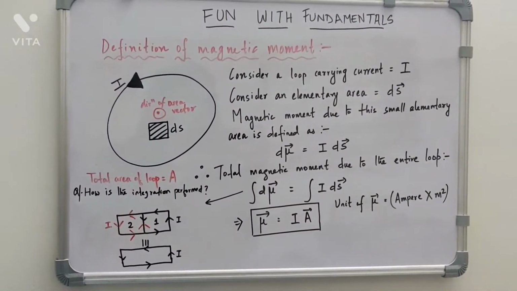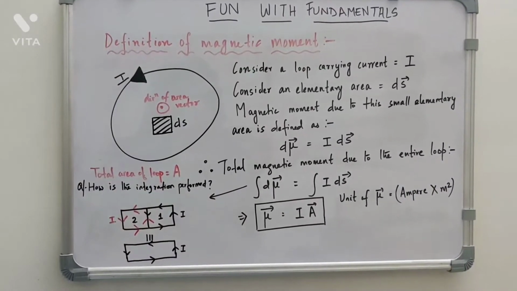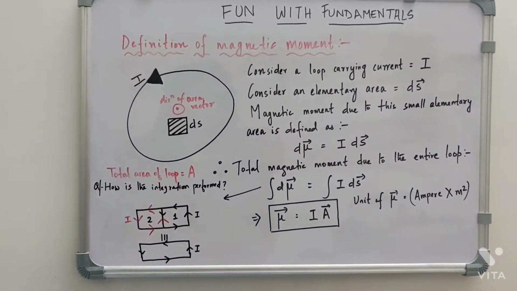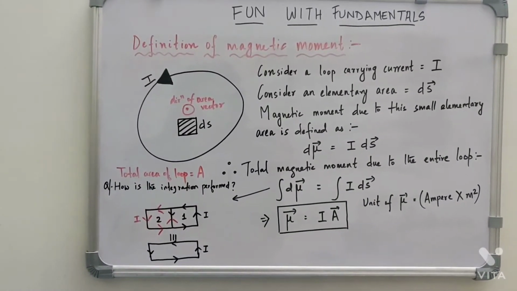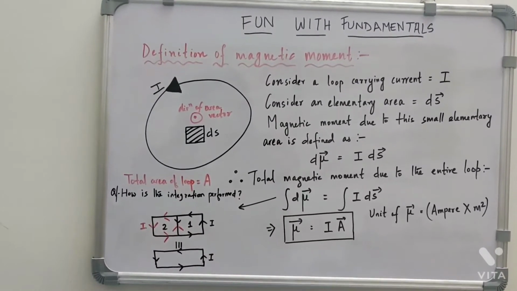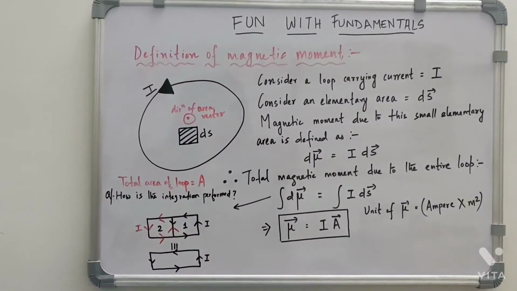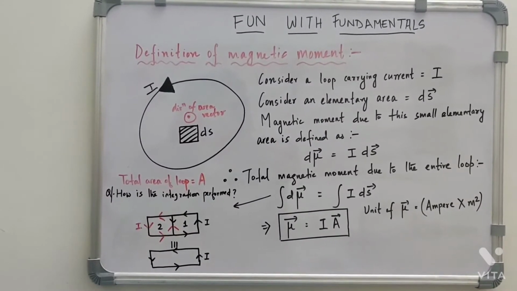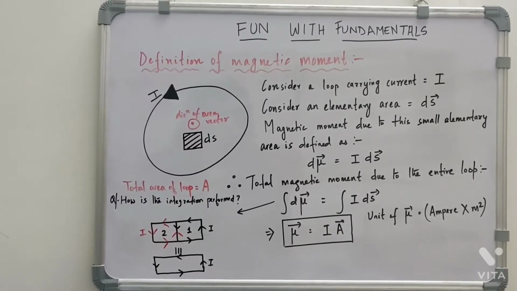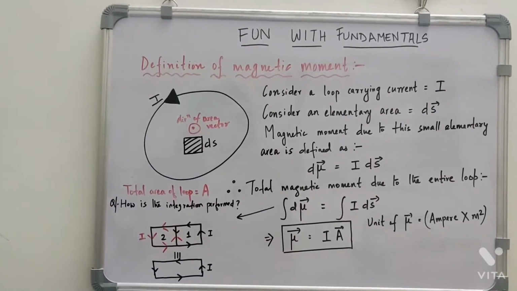So in this course, the very first thing that we will learn is the definition of magnetic moment. For that, let us consider a current carrying loop carrying a current I. So if you consider an elementary area in the loop with the area dS, then the magnetic moment due to this small area is given by the product of the current and the area of the small loop. Now this by definition gives the value of the magnetic moment associated with this small loop of area dS carrying